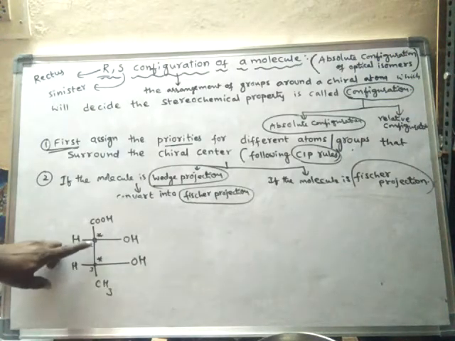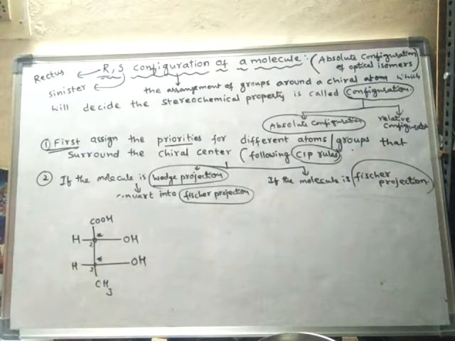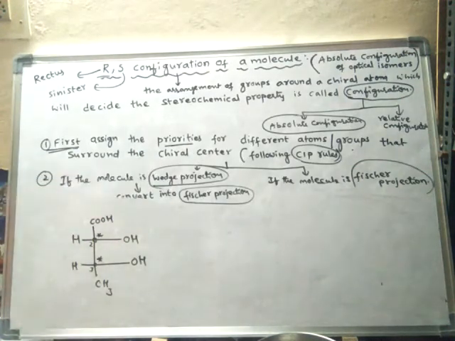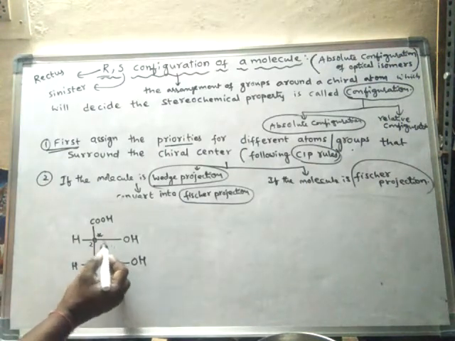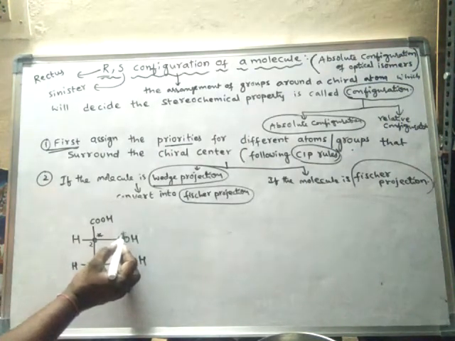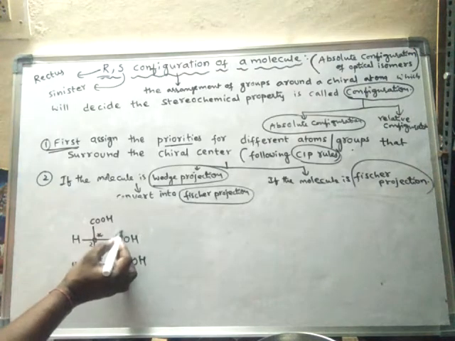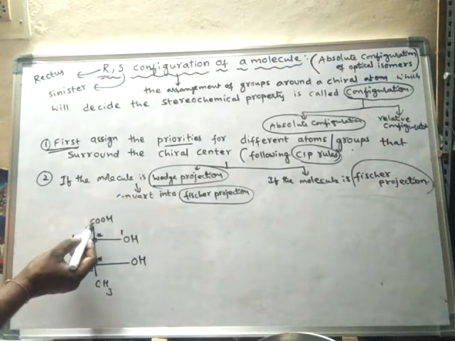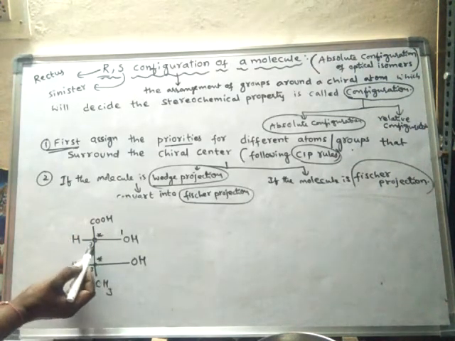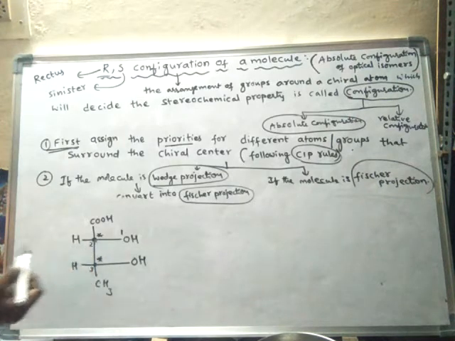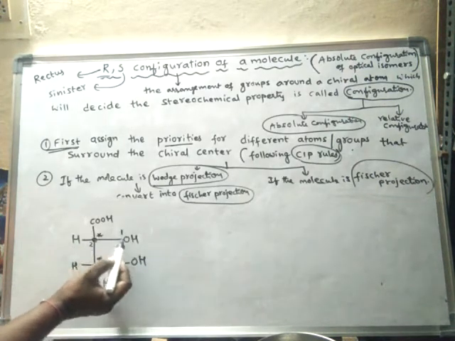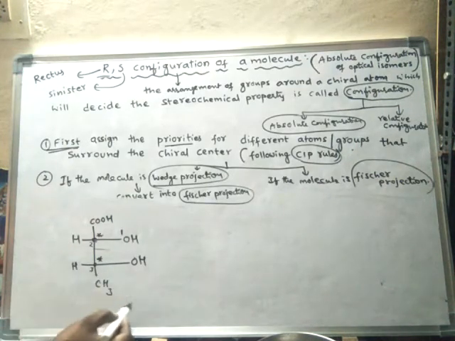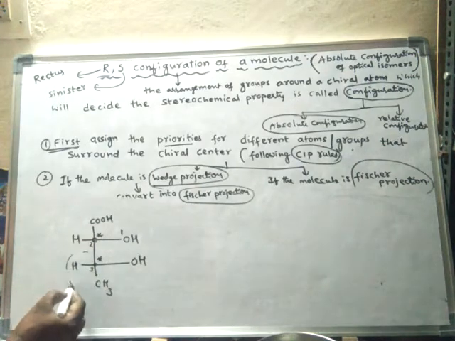In order to know whether the second carbon is having S or R configuration, we have to assign the priority order. First priority will be given to the oxygen, so here it is priority 1. Next priority is given to this carbon. If we consider this as the chiral center, then this will be one group, this another group, this another group, and this entire thing will be another group, the fourth group.